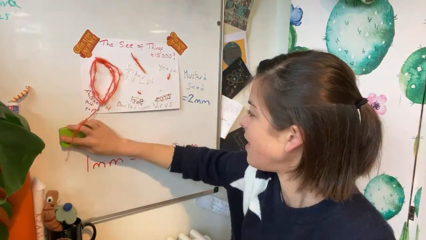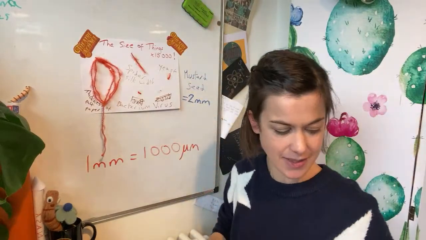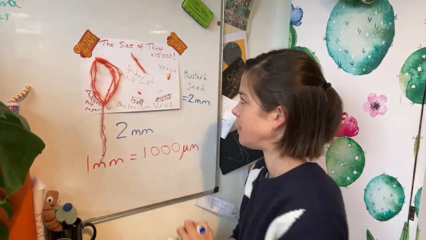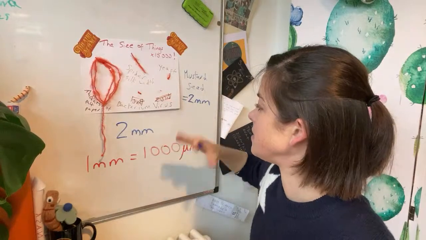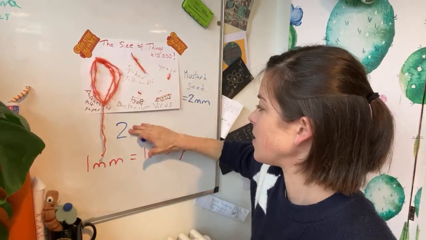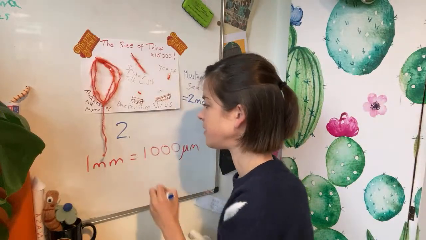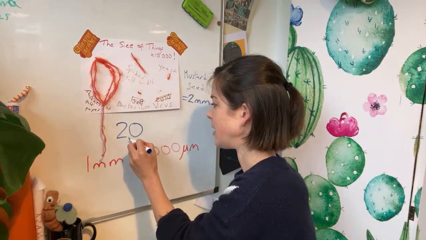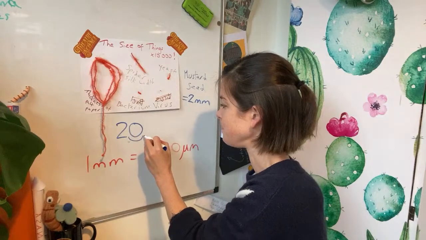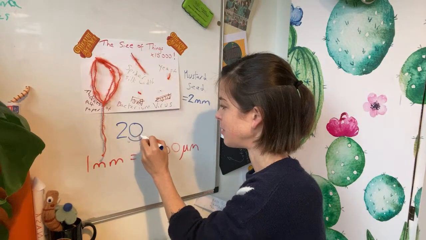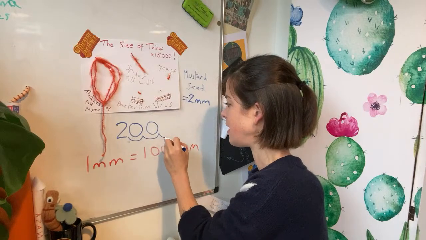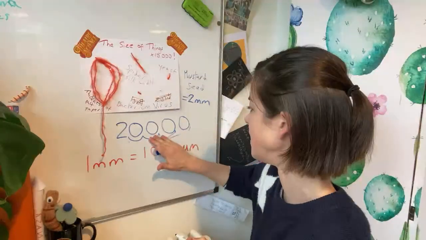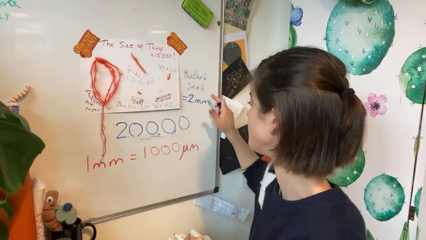Well, I find the easiest thing to do is to add zeros and then take them away. I'll show you what I mean. So 2 millimeters. Let's times that by 10,000. To times it by 10,000, what are we actually doing? We're moving the decimal place, aren't we? With 2 millimeters, the decimal place will be just the other side of the 2. If I times it by 10, I move the decimal place one and I get a 0 there. If I times it by 100, I have to add 2 zeros. If I times it by 1,000, I have to add 3 zeros. And if I times it by 10,000, I add 4 zeros. So that's quite easy. I know that in my model, my mustard seed is going to be